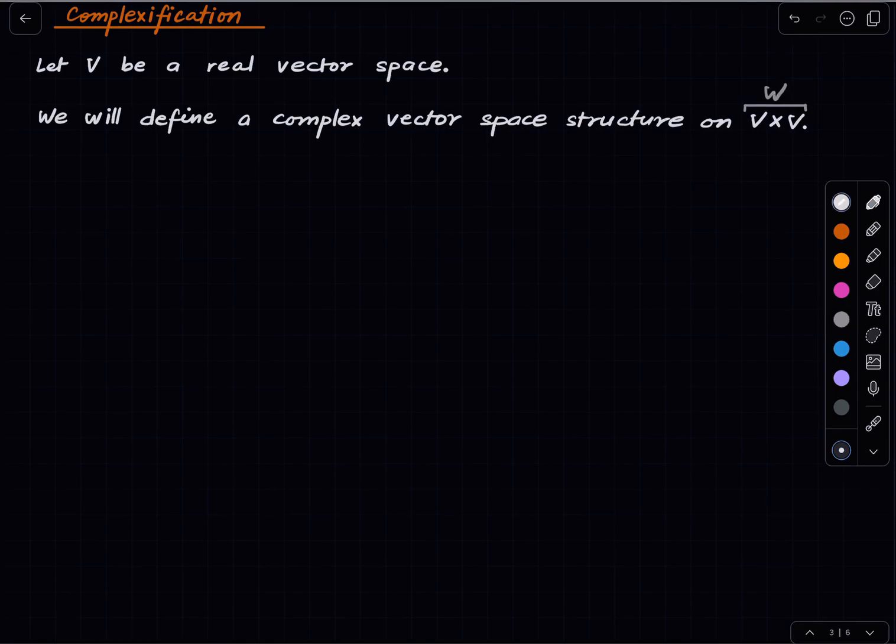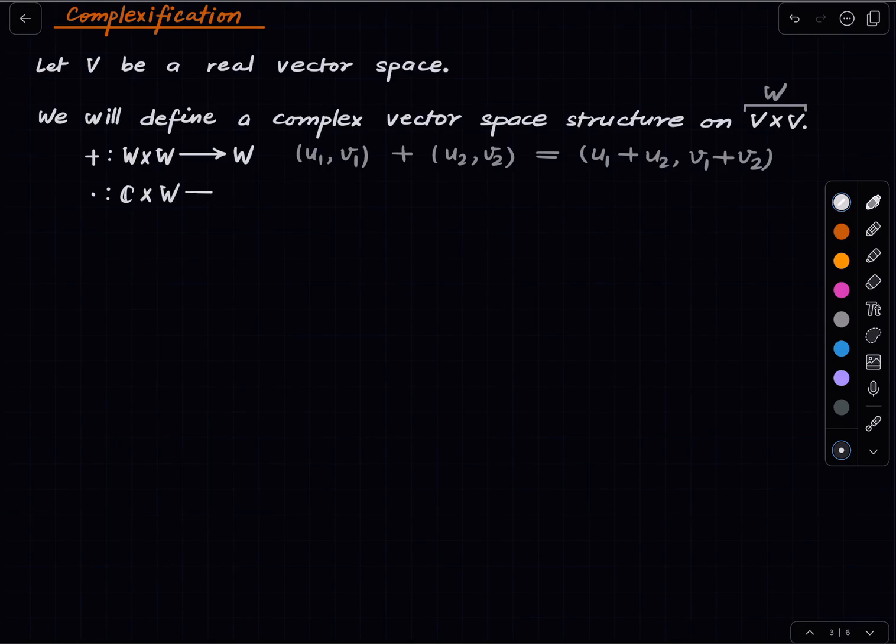So to define a complex vector space structure on it, we need to define an addition map. And how do we define it? We just add componentwise. A natural definition of addition. But the scaling part is interesting. So the scaling map is defined as follows. The complex number alpha plus i beta, where alpha and beta are real numbers, scales the element (u, v) as